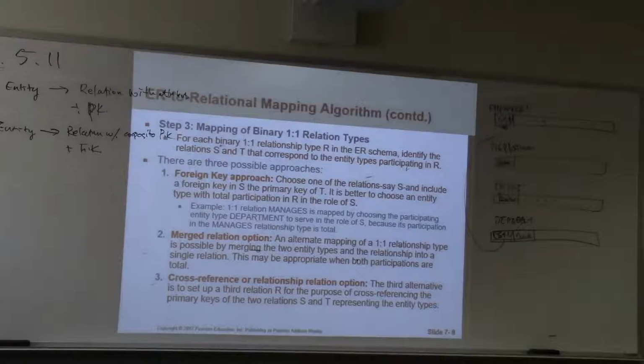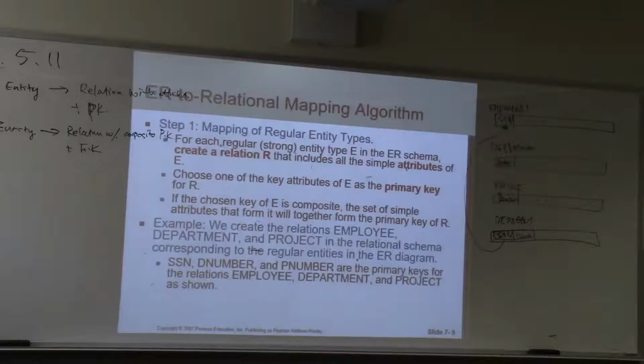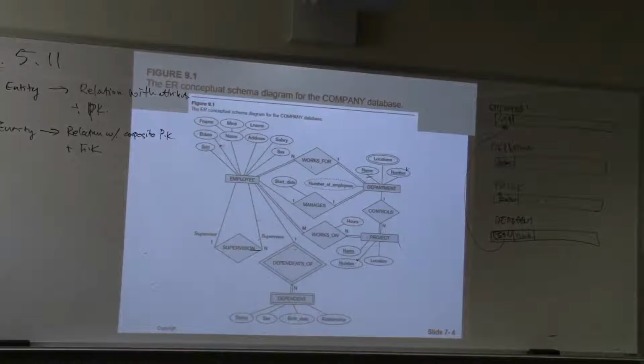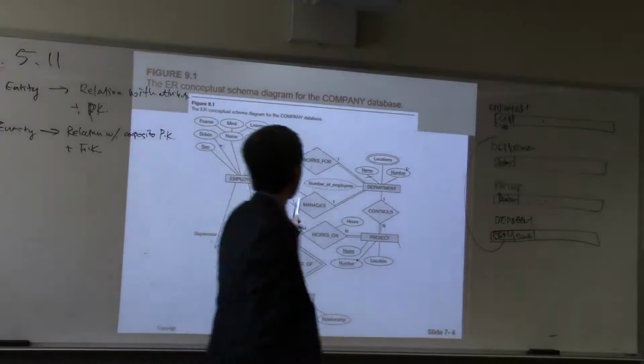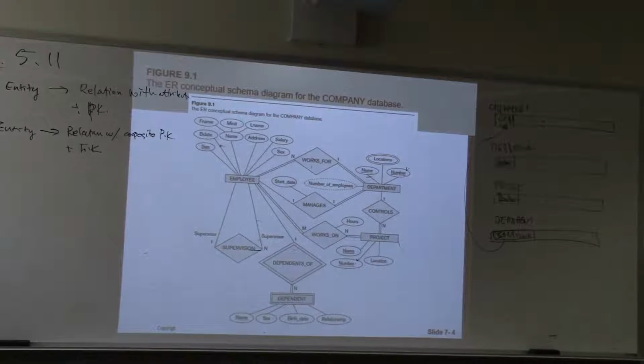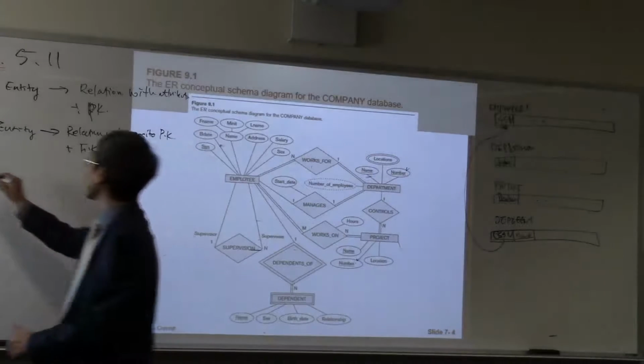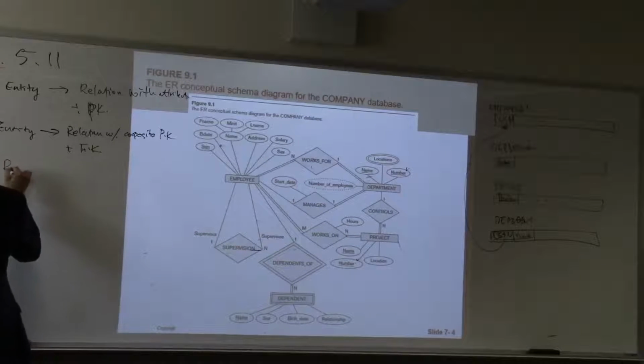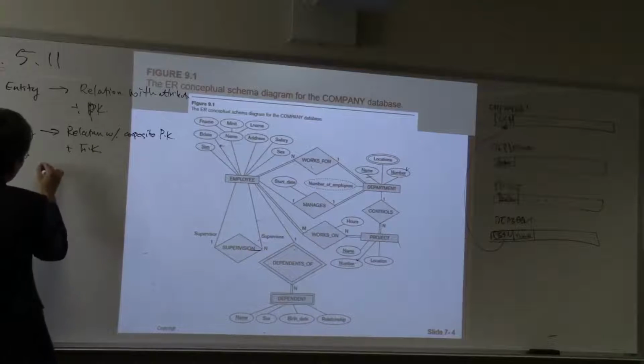The third step is the relationship. How many different types of relationship are there? One-to-one, one-to-many, many-to-many. So first, the one-to-one relationship. There are 3 different ways to handle a one-to-one relationship. So for the one-to-one relationship, the first one is